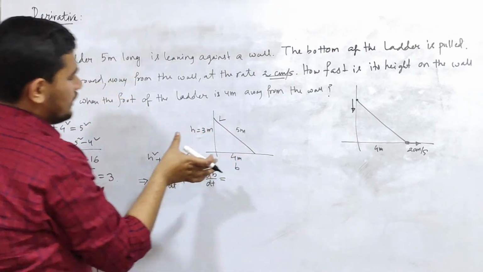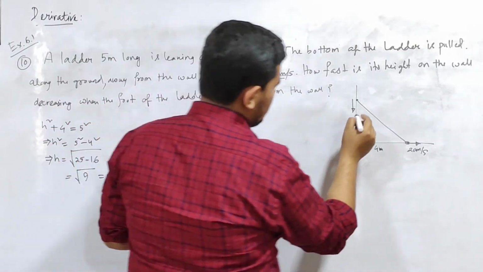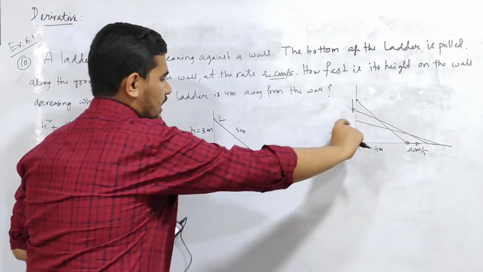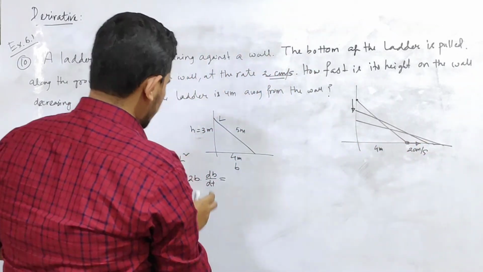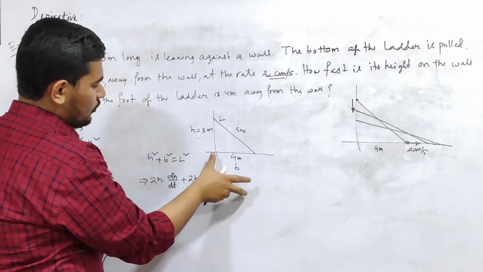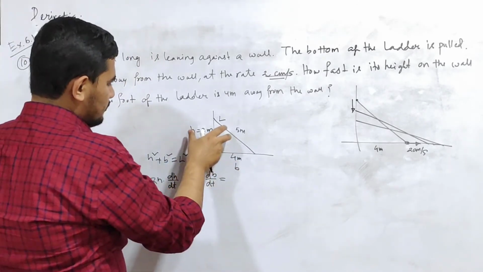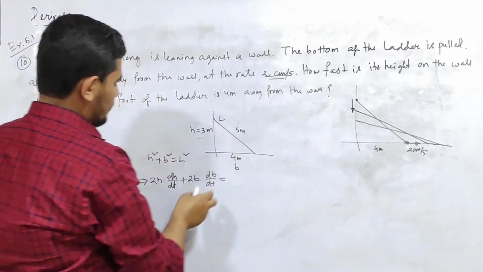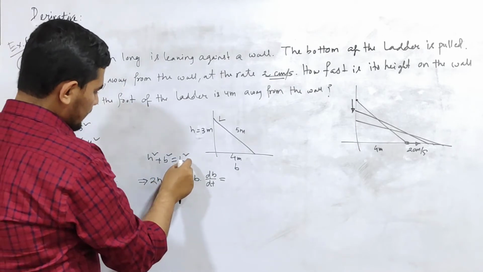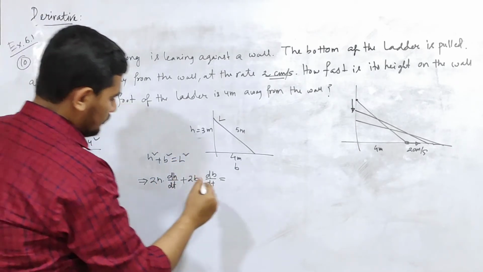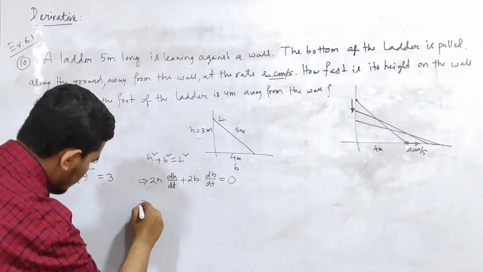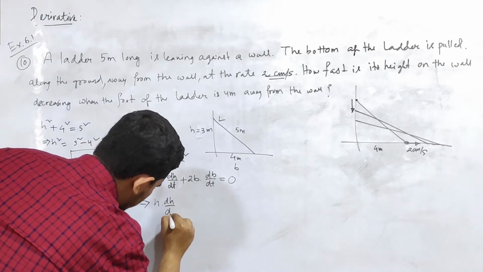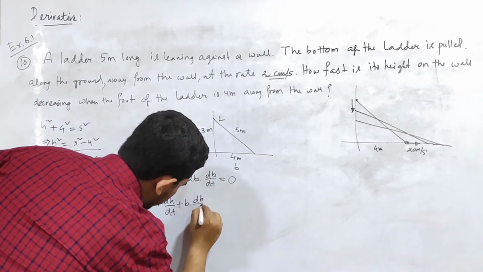Here L is constant because at every instant, if you can see here, the length of the ladder will not change, but this dimension and this dimension will always change. So I can say that at any instant 3 meter and 4 meter is the dimension here, but some other moment it can be 2, it can be 6, anything, but 5 meter will always be 5 meter. So when I take the derivative of L square, it is a constant, so I will have 0. So when I divide the expression by 2, I will have h dh by dt plus b db by dt